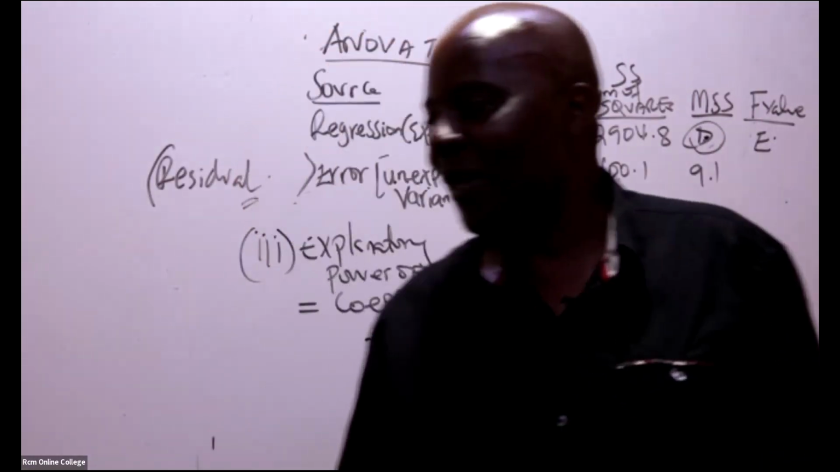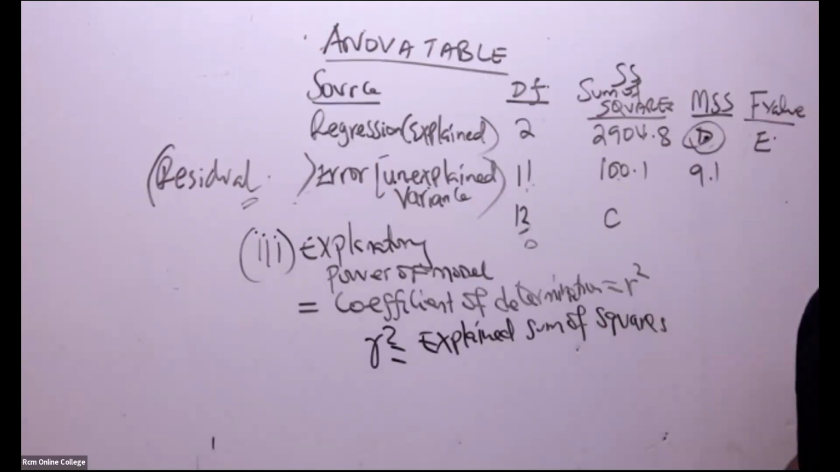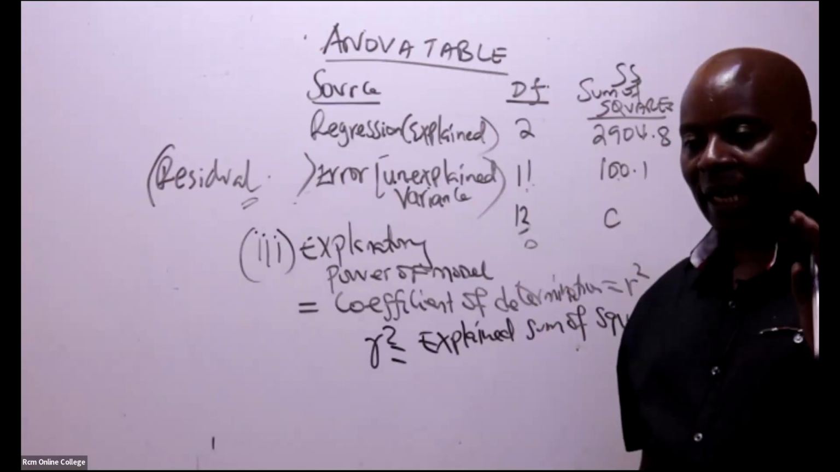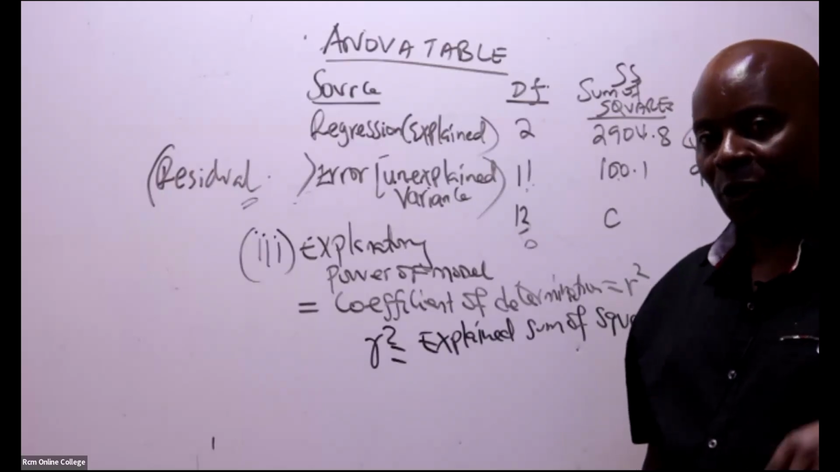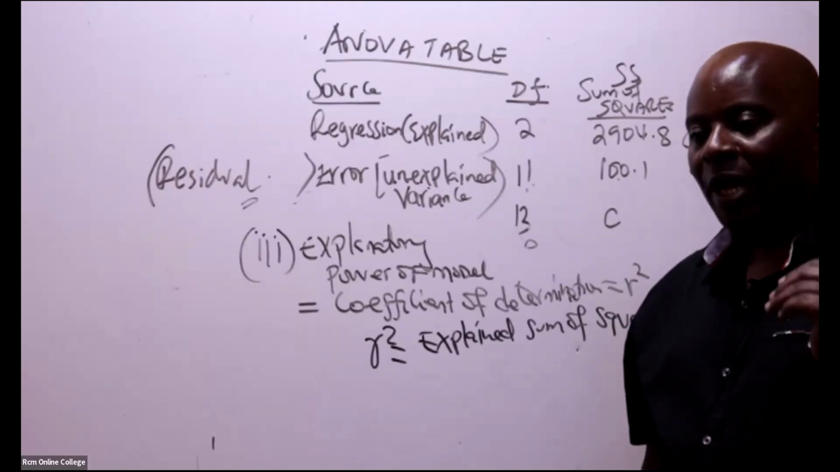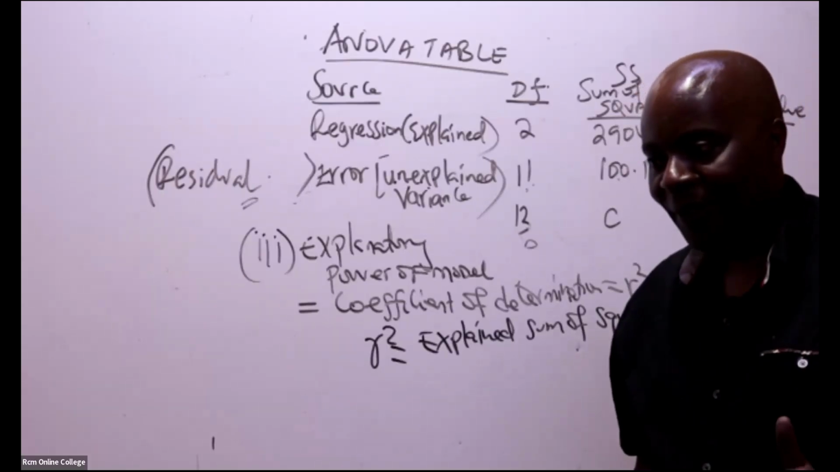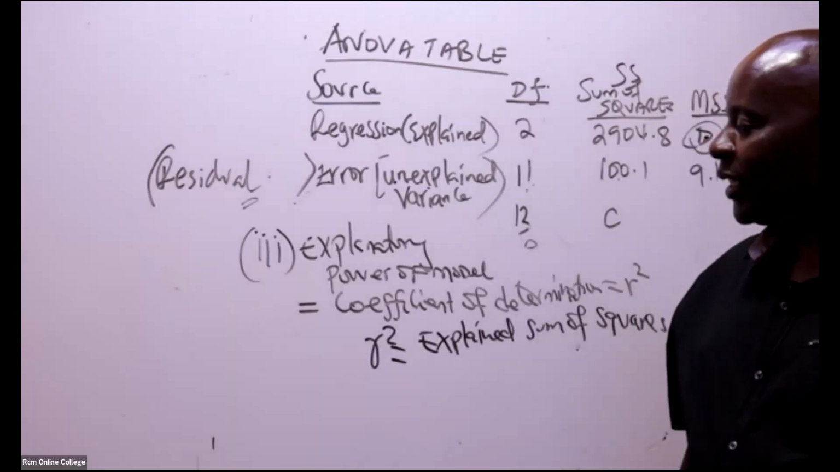Thank you so much for that reminder. So Roman 2 is already done. In Roman 2, they wanted us to give them the regression model or regression equation that we did a long time ago. Then now we have Roman 3, where they want us to give them